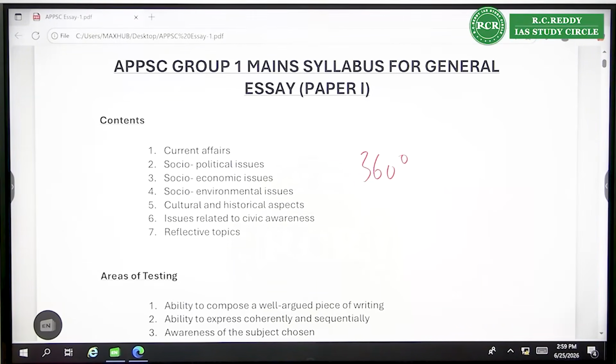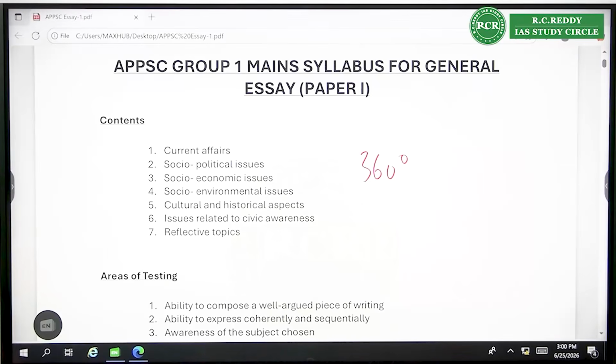So at the end, when you are writing the essay, you have to ask yourself, taking a cue from these 3 points, have I argued it well? Whatever essay I wrote, did I argue it well with proper evidence, facts, examples? If yes, it means your essay is going in a nice direction. Then second, you should ask yourself, have I organized the content in a proper manner, in a connected manner? If the answer is yes, it means your essay is going in the right direction.